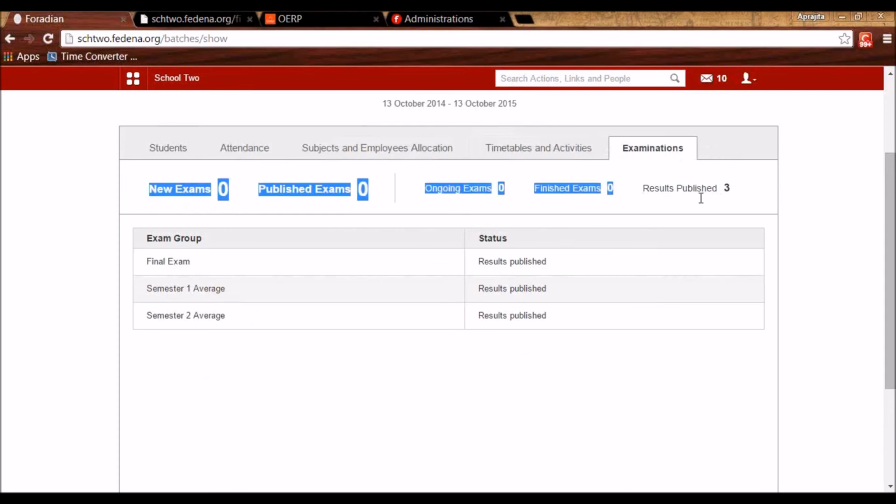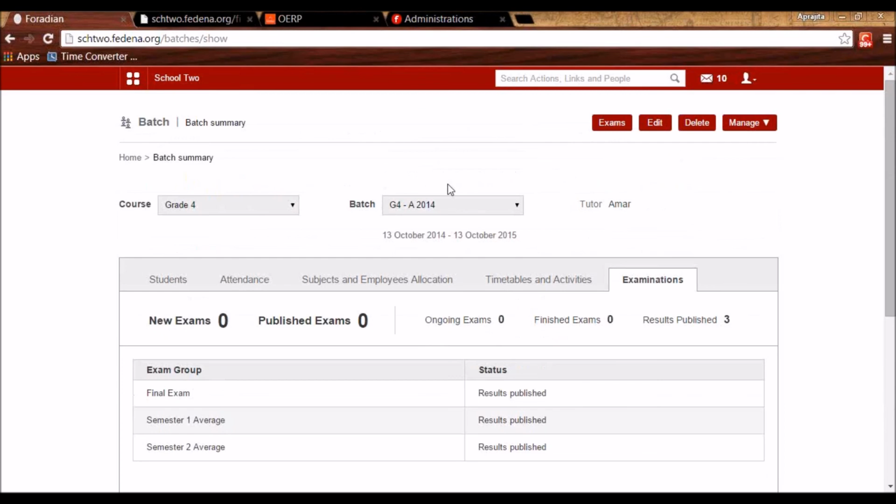The examinations can be results that are published, the finished exams, or the ongoing exams. So all the details related to a batch is shown here, along with the duration of the batch and the tutor who is assigned. So this is about batch summary. Batch summary module will be available to the tutor or the FIDINA administrator.